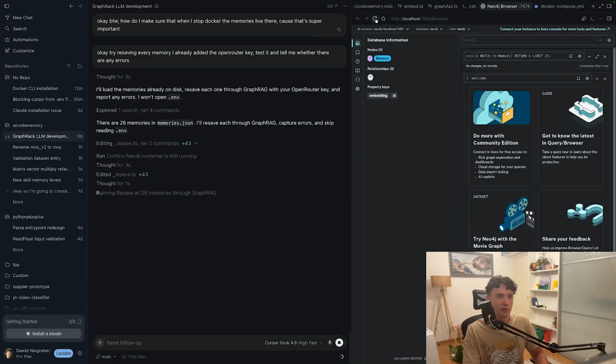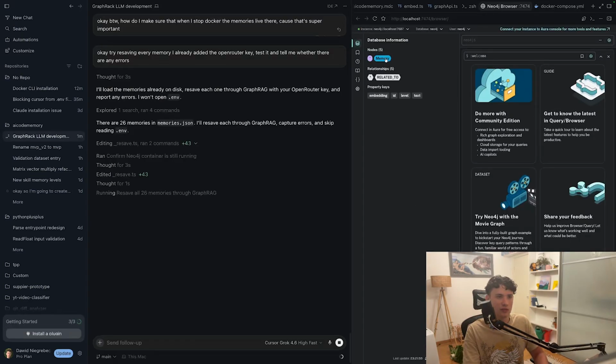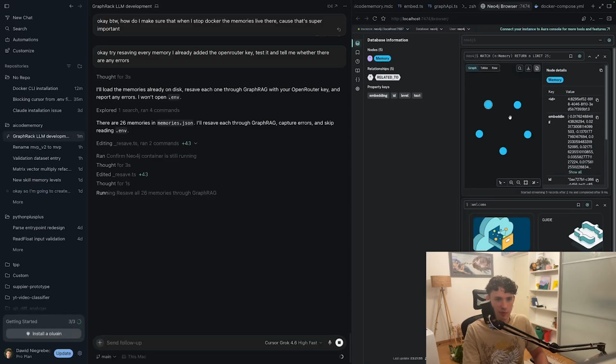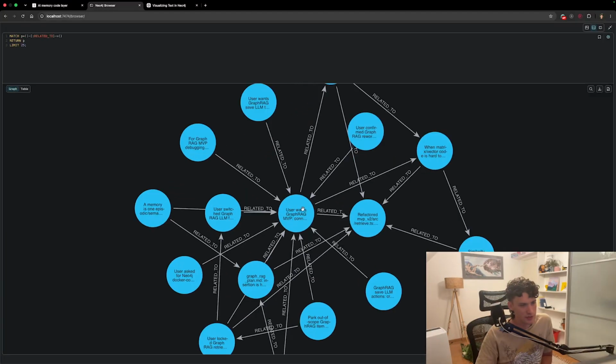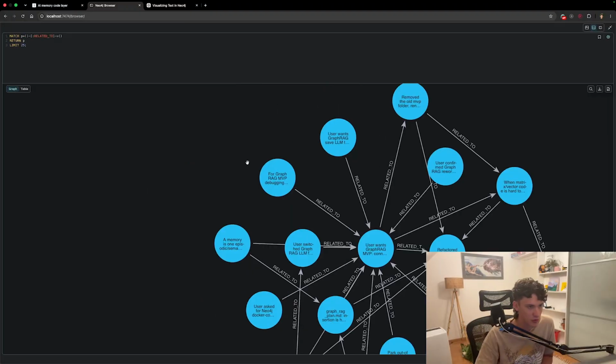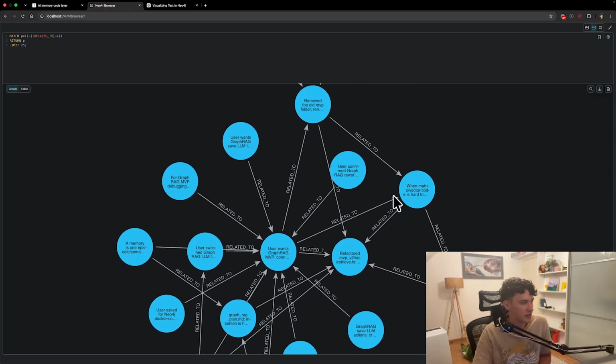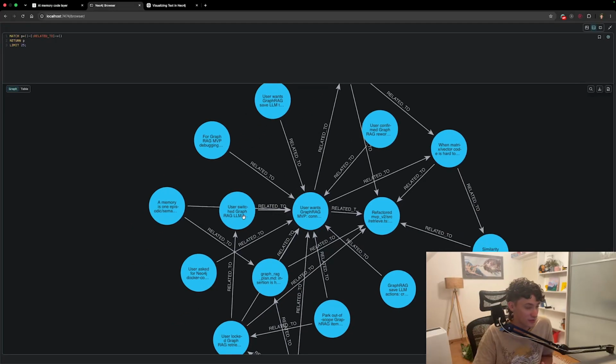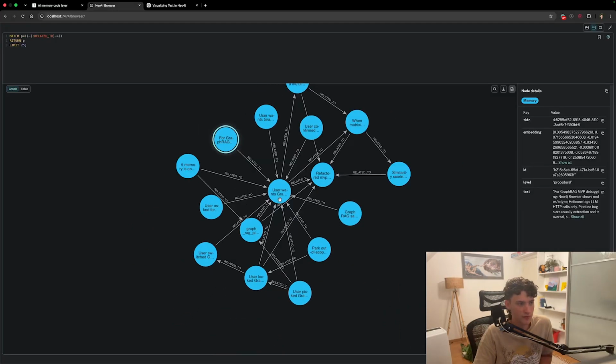Let's see whether we got some new memories already. We got some new memories. Okay, look at this. This is how the memories are worked on the graph. These are all the things that I did inside the code, and as you can see, the LLM has already connected them to each other. For example, everything GraphRAG related is connected to each other. Neo4j is connected here as well. But something like similarity scoring is not directly connected. This is connected to an MVP,